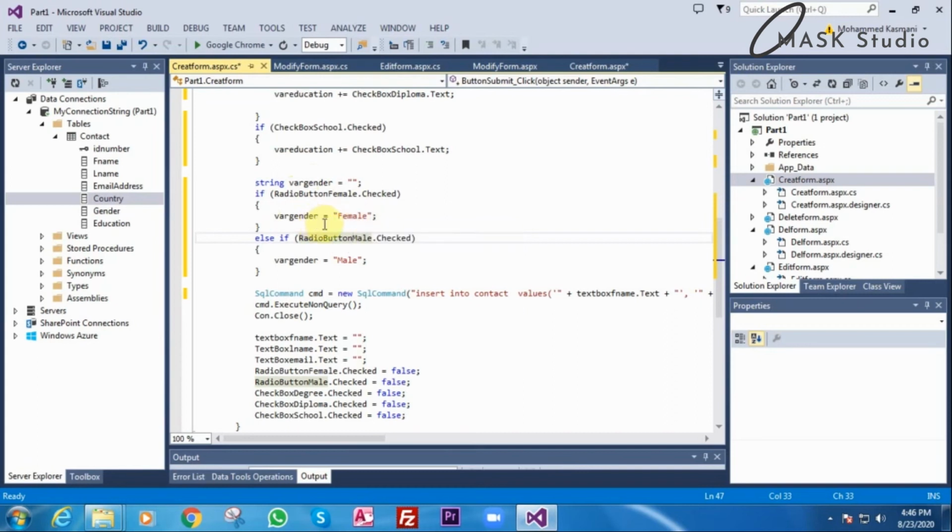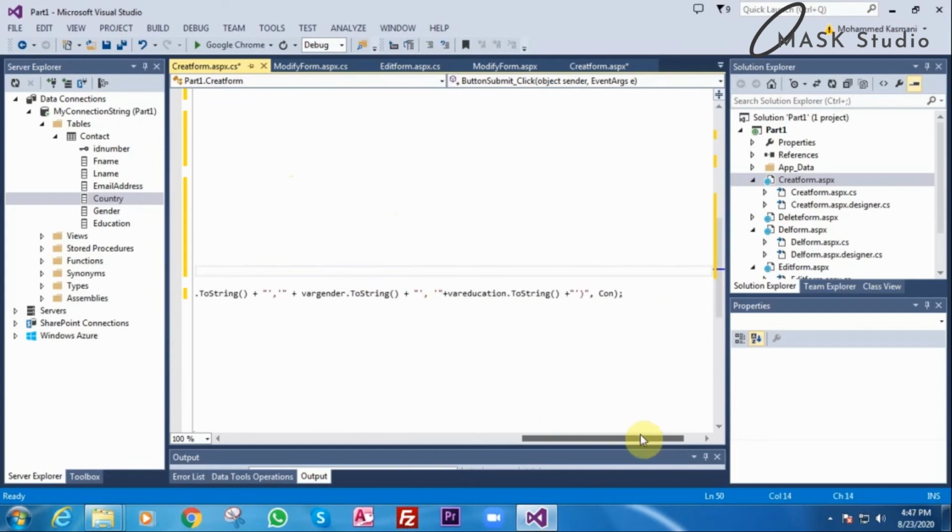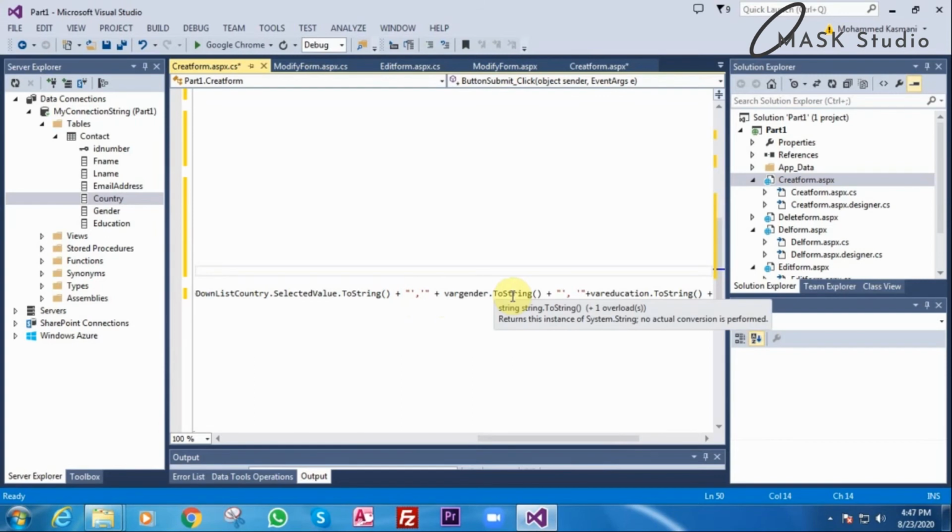Else if radio button male dot checked, var gender is equal to male. So it will be male or female, not both. Now you can see here var gender and var education.